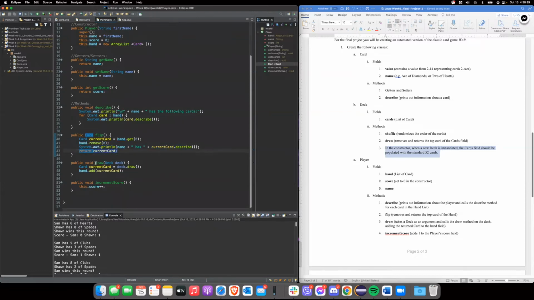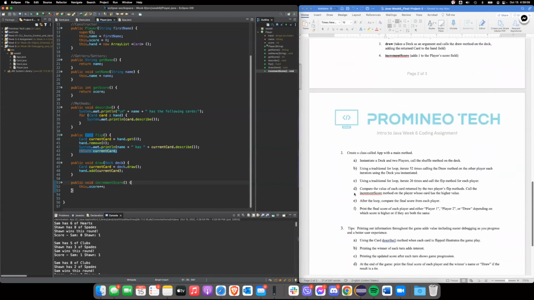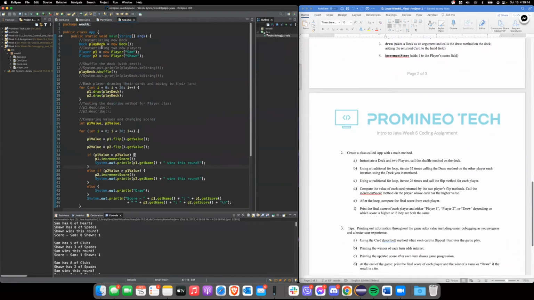The draw method uses the draw method in the deck class. It adds the top card to the hand deck for the player class. The increment score just increments the score of a player by 1 whenever the player wins a round. All right, now we can move on to the main method, the app class, which has the main method,